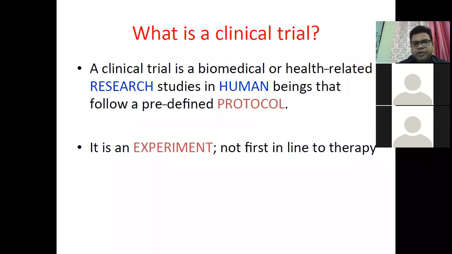Because the government, the Ministry of Health and Family Welfare, did not give any statement about this particular drug, because it was not clinically trialed. You cannot give approval to a drug which is not clinically trialed. This was the reason why the ministry did not approve or give any official statement about that drug. Clinical trial is a very necessary part before launching any drug in the market.